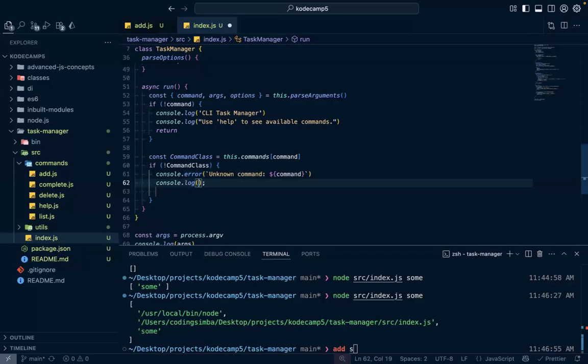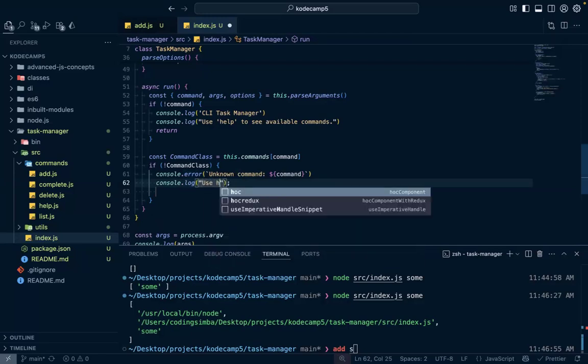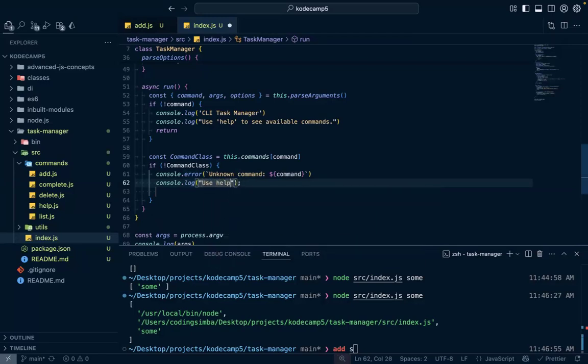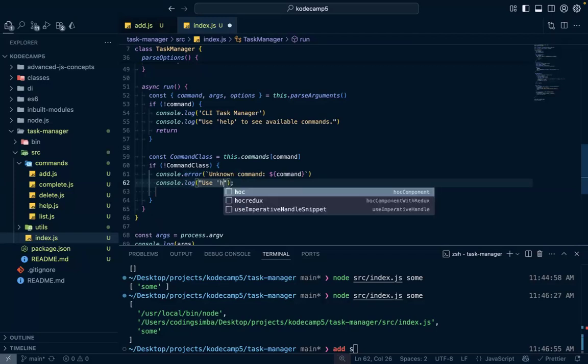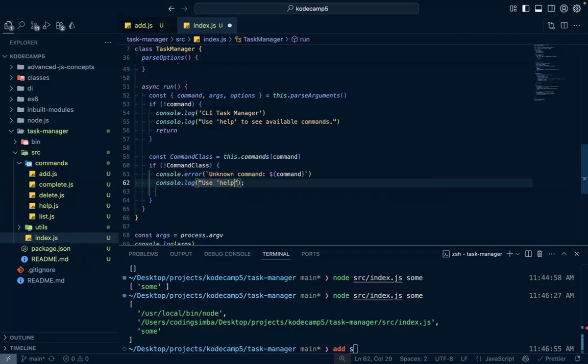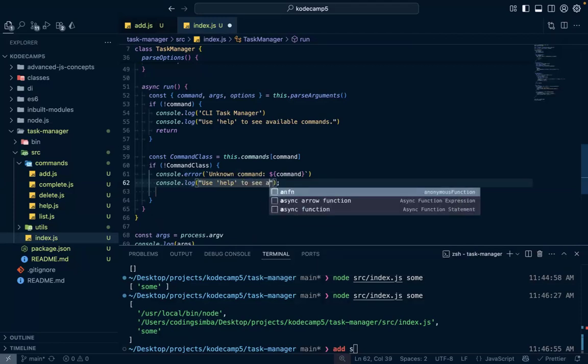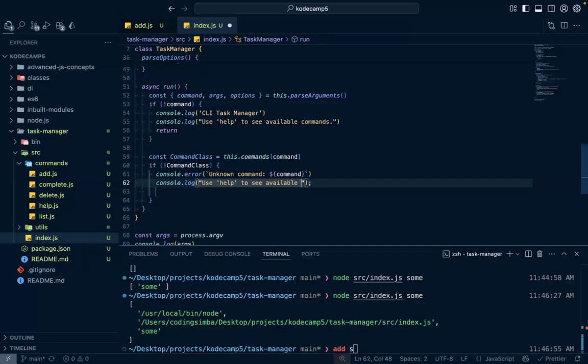So we say use help to see available commands. Use help to see available commands. So now that we've shown them how to use it, we say process